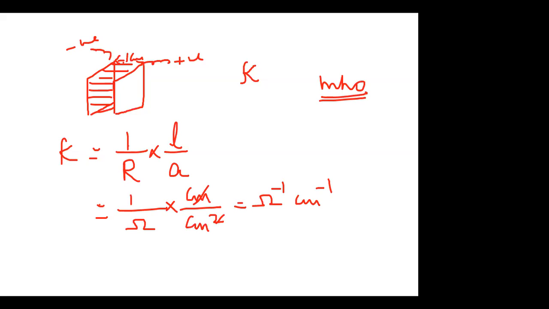As we said in the beginning, the conductances observed in a solution are of three kinds. One is the specific conductance that we just did. The next one is the equivalent conductance, and the third is the molar conductance. Now, what is this equivalent conductance? As the name suggests, it is the conductance offered by 1 gram equivalent of a solution.